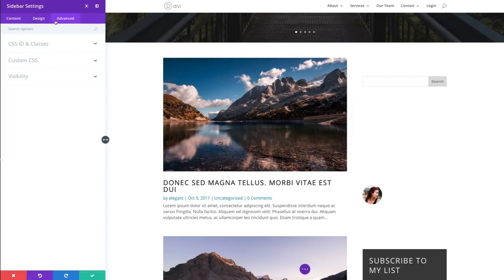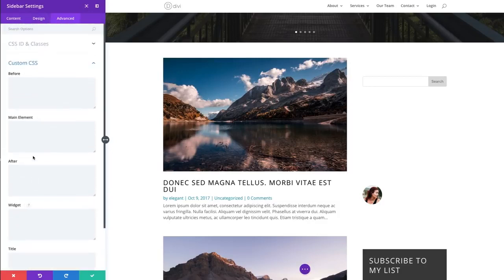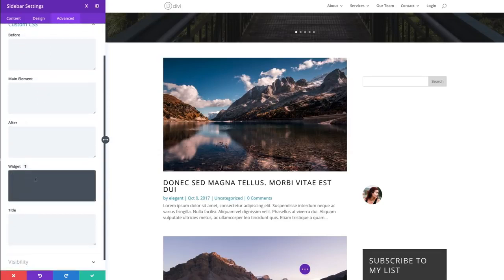So if I go to the custom CSS section here, in the advanced tab, this is where you can add further design to your module, like custom CSS, adding custom CSS IDs and classes if you need to target using an external style sheet and things like that. But for now, I'm just going to target this widget element within the module. So any CSS I put here will stylize all of the widgets within